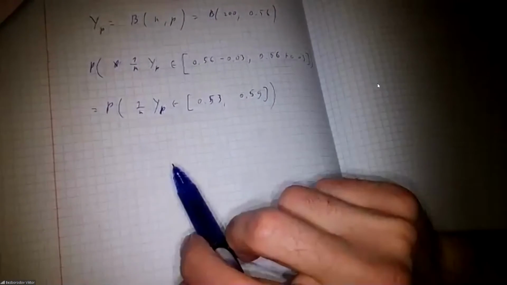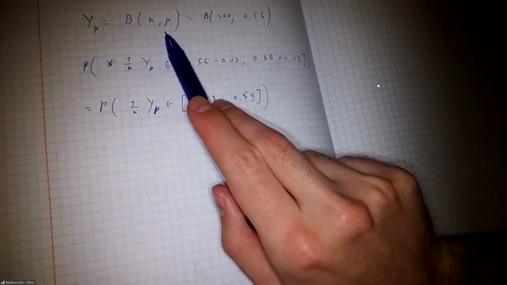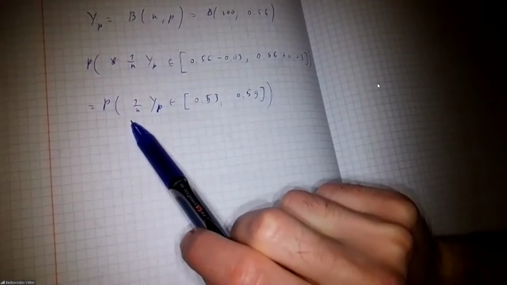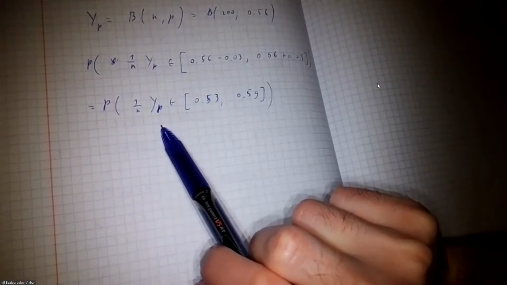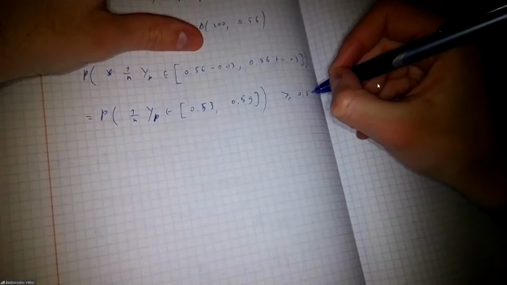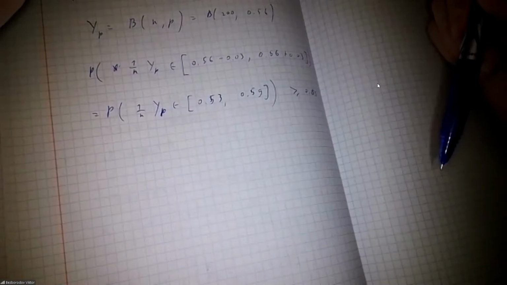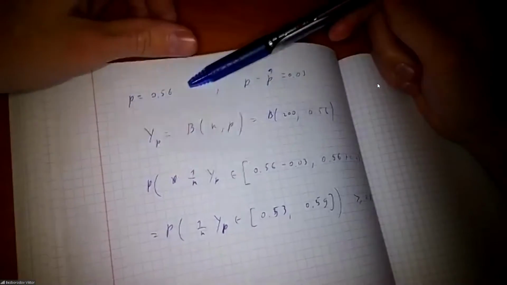And of course, you can actually compute this probability, right? Because this is a binomial random variable, so we can actually compute it. And it turns out, of course, to be bigger than 0.05. And so this value is going to be in our interval. Okay, so maybe these formulas are not very intuitive, but I hope that if you take a specific p, it gets a little bit more intuitive and understandable,